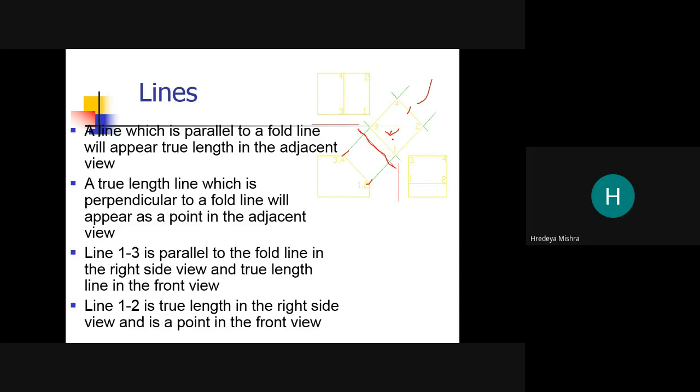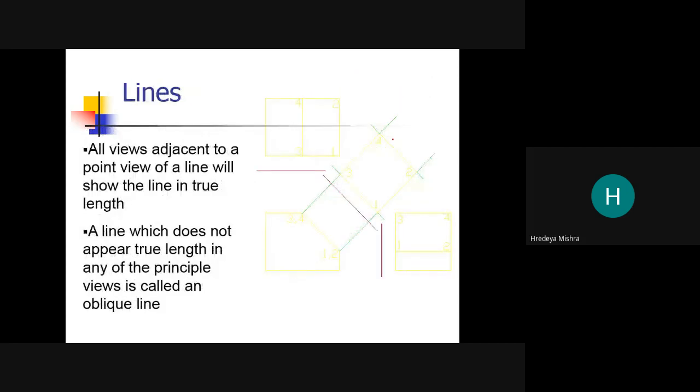Now line 1 2 is true length in the right side view and a point in the front view. So it is present as a point in the front view. So all views adjacent to a point view of a line will show the line in true length.